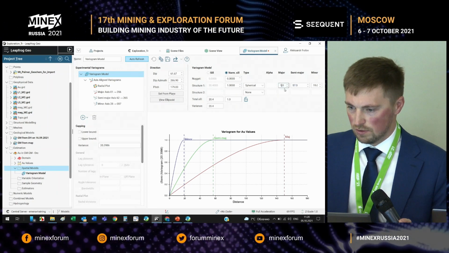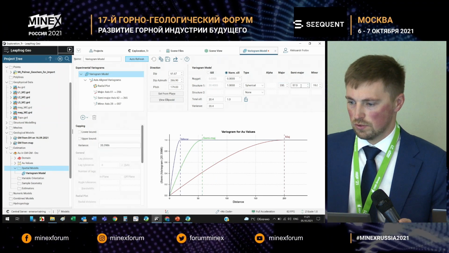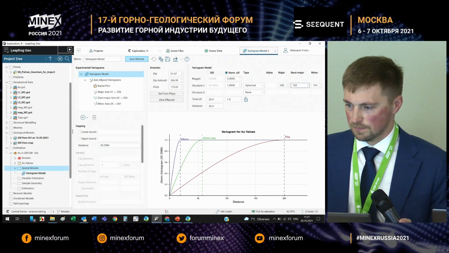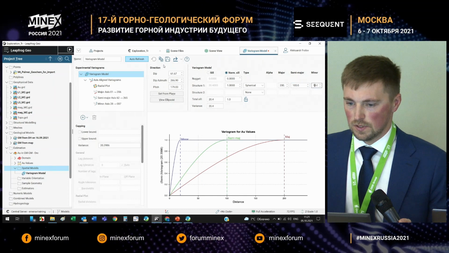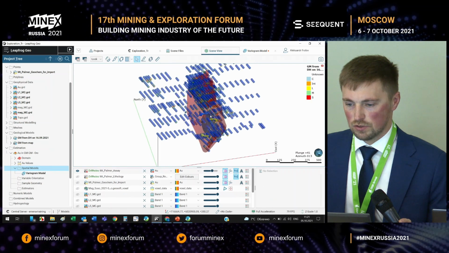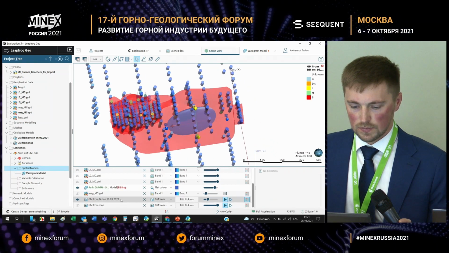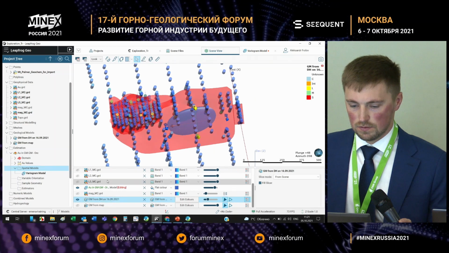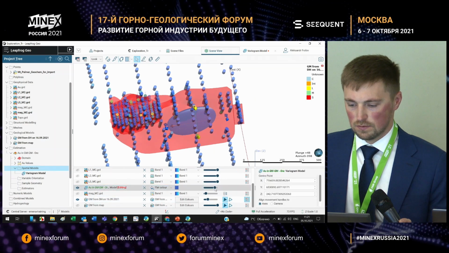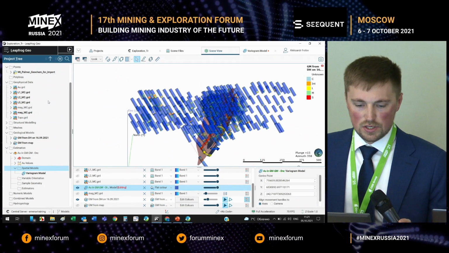I'll just add some elements on different axes. We save all this, so it looks like this. For our ore body as an ellipse, it is shown here on the map, on the model. This one in the center.